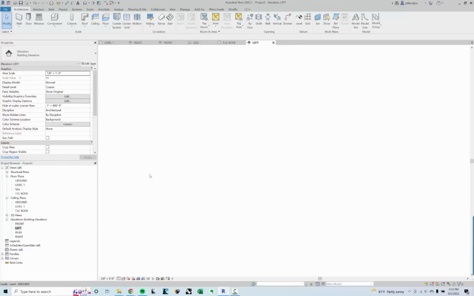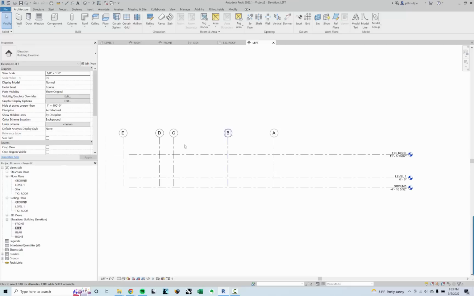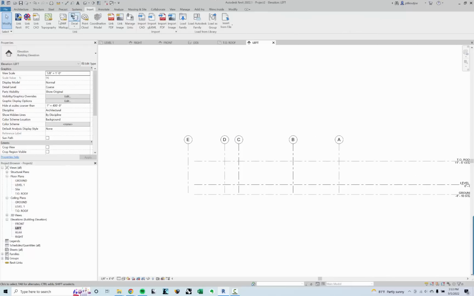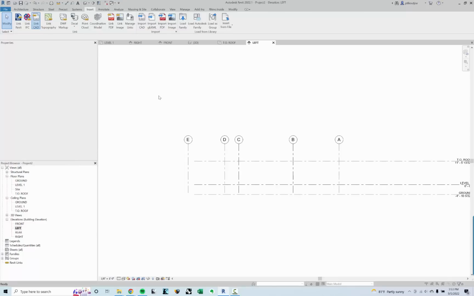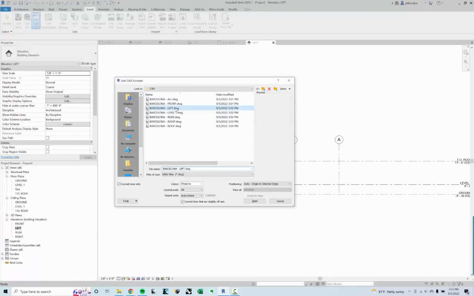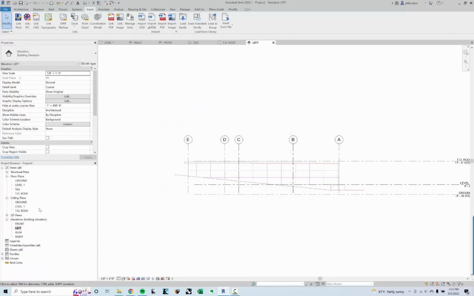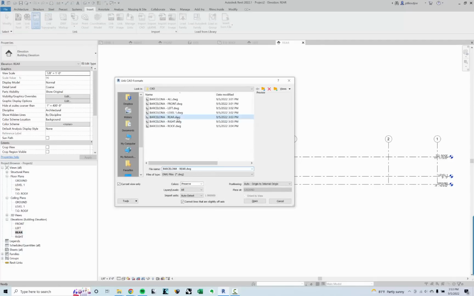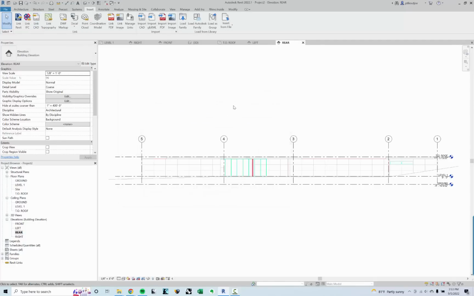Let's get the left elevation in. And I'm going to come here, and because we've got our grids and our levels, this should be relatively painless. Insert, link CAD, elevation left. Okay, good stuff. Rear, link CAD, elevation rear. Cool. In the right place, because again, I set all my origin points properly. And then if we come to right,